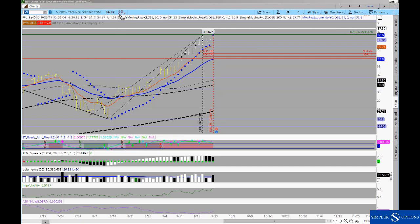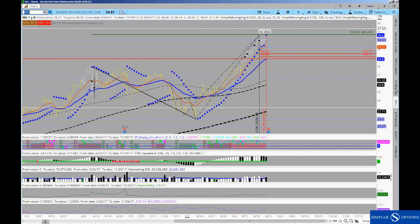And I think another place where you can look at something around a $35 butterfly or using the put credit spread, and those are both risk-defined ways to see if we can get some bullish